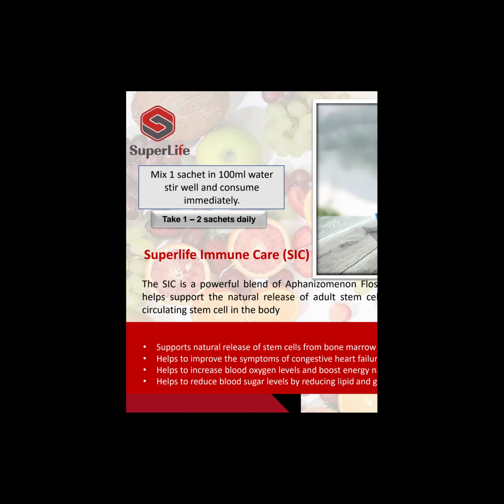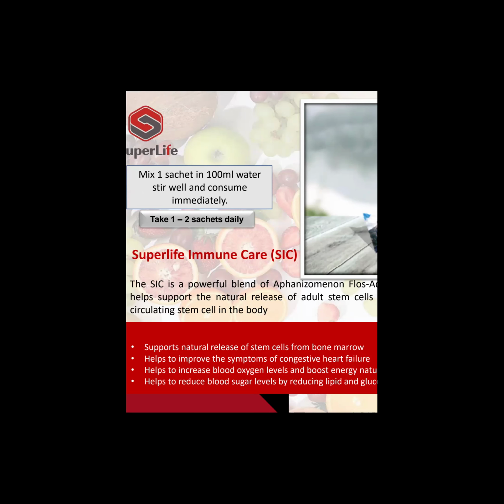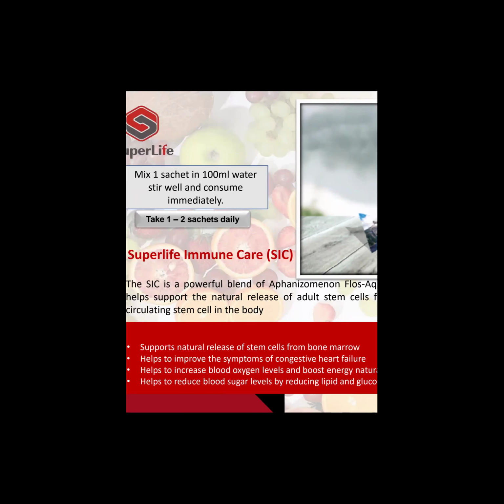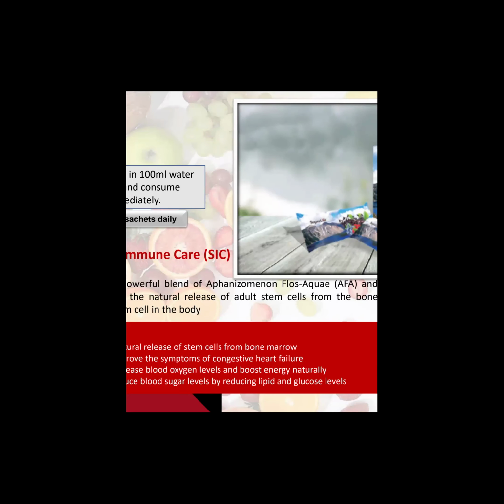It also improves symptoms of congestive heart failure, helps to increase blood oxygen level and boost energy naturally. It helps to reduce blood sugar level by reducing lipid and glucose levels. These are the other functions. It has powerful, high antioxidant properties, which are very important in the treatment of